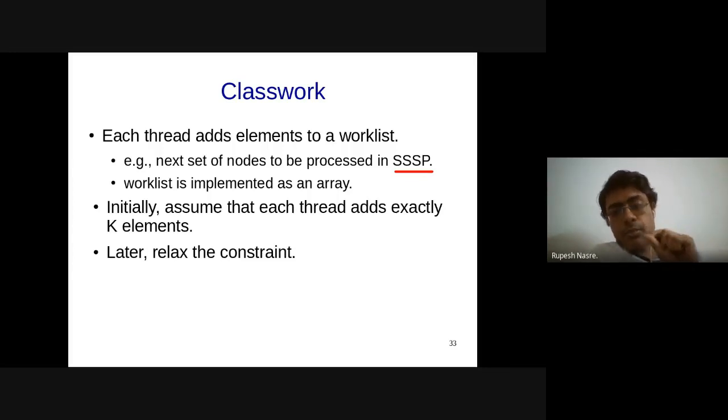And therefore, the number of atomics that you execute is going to matter. Atomic add is going to be executed exactly 100 times. Atomic increment, if you use it, will be 100 times k. And therefore, there will be a penalty if you use atomic increment instead of atomic add. Does that seem reasonable? Any issues with this?